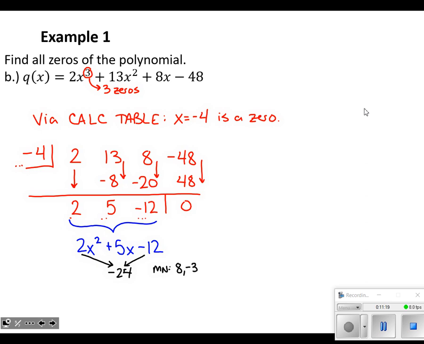And if you think back to the start of chapter 3, remember we're trying to find zeros. Where does that blue polynomial equal 0? We picked the easier magic number. In this case it was negative 3. And I want to take a piece of the 2, a piece of that negative 12 to make my outside product be negative 3. In this case that would be 1x and negative 3. First times first had to make 2x squared. That means this has to be a 2x factor. Last times last had to make negative 12. That means this has to be plus 4.